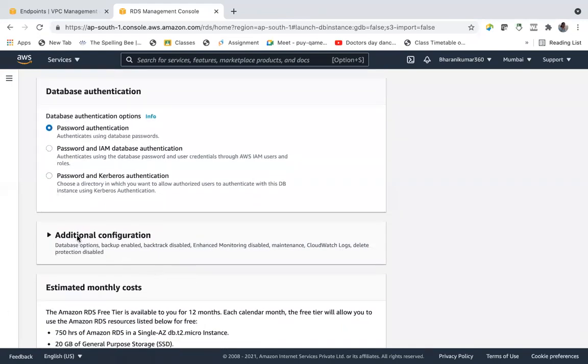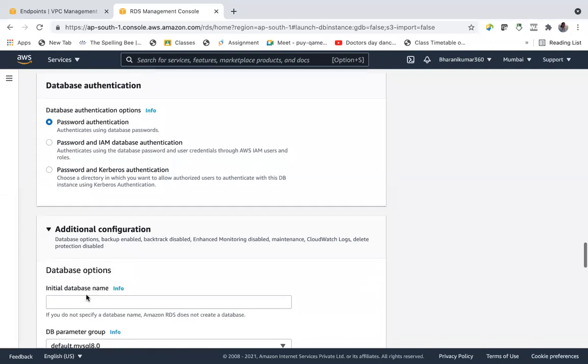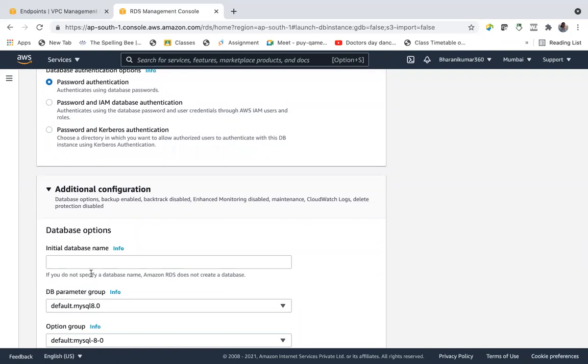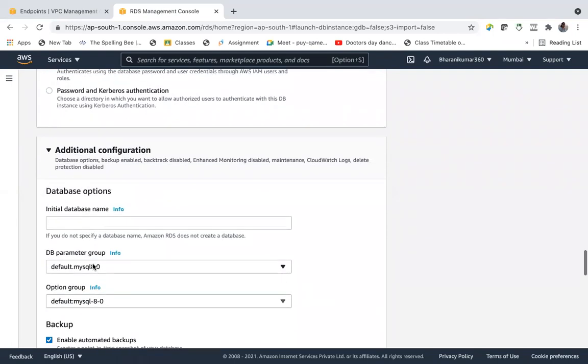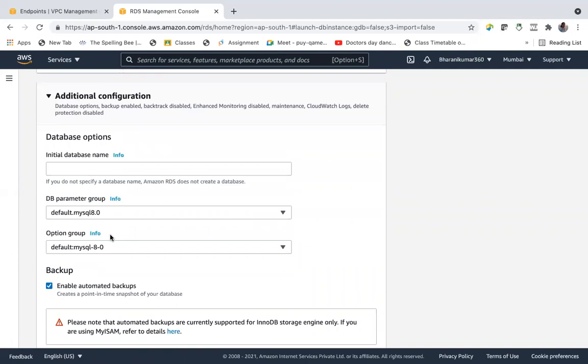Okay, and we'll go to additional configuration here. Initial database name, let us leave it; it's optional. We already named our instance. And the DB parameter group and option group are the default MySQL 8.0 groups.